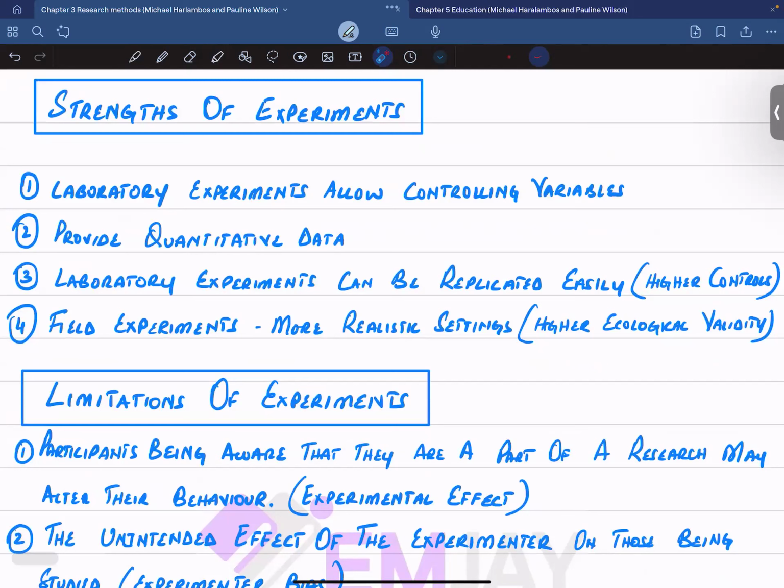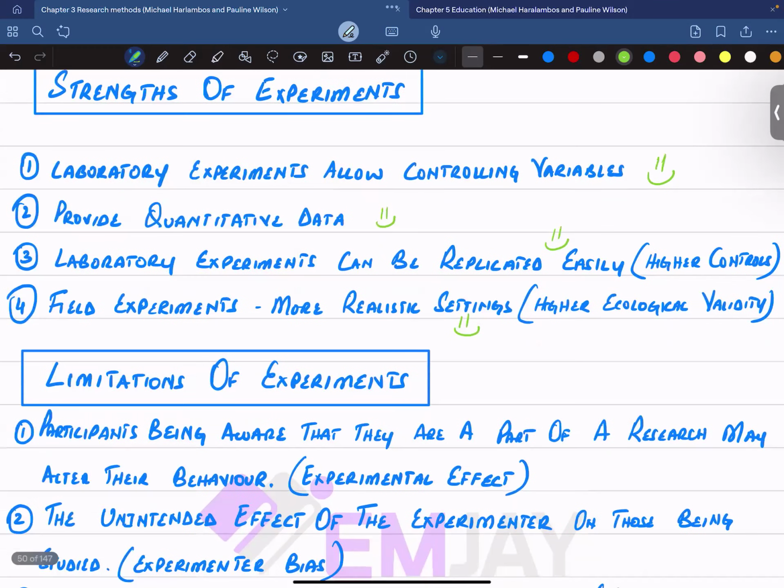When we talk about strengths of the usage of laboratory experiments especially, they allow you to control your variables. That's a strength. They provide quantitative data. That's a strength. Laboratory experiments can be replicated. I've explained that. Field experiments are more realistic. That's a strength again. If we move on to the limitations real quick,